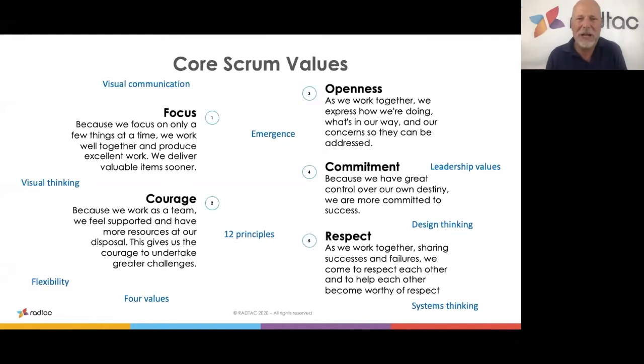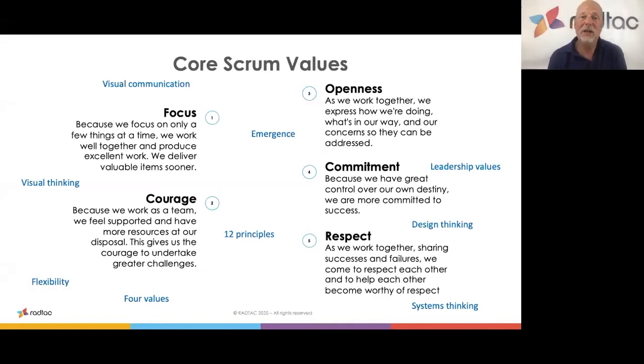So very much as an amazing Scrum Master, it's about making sure that we realign to these values. Hey, there's lots of other Agile values as well, Scrum values as well. Visual communication there, top left. Visual thinking, yeah. I'm sure we've all heard of information radiators, cumulative flow charts, these sorts of things, storyboards, Kanban